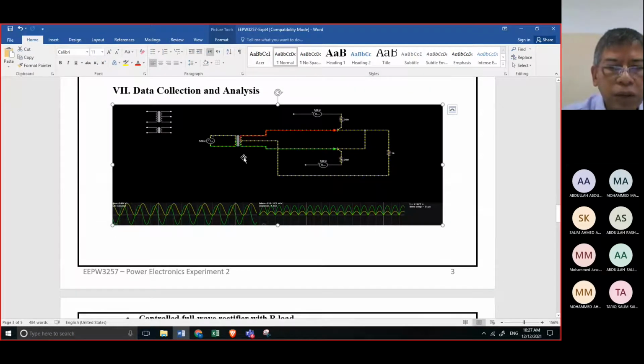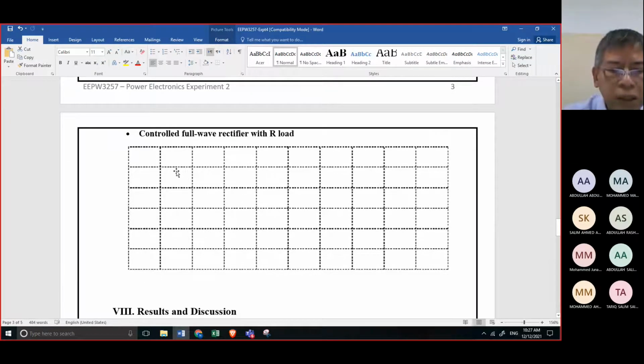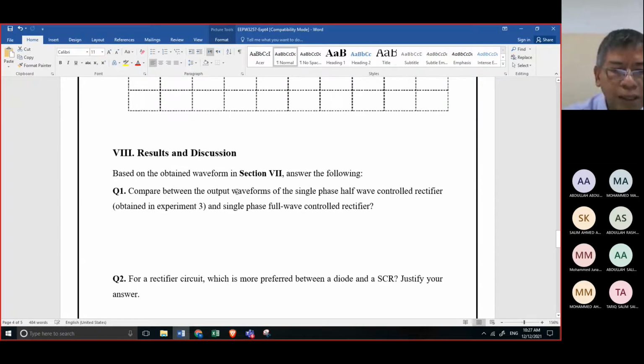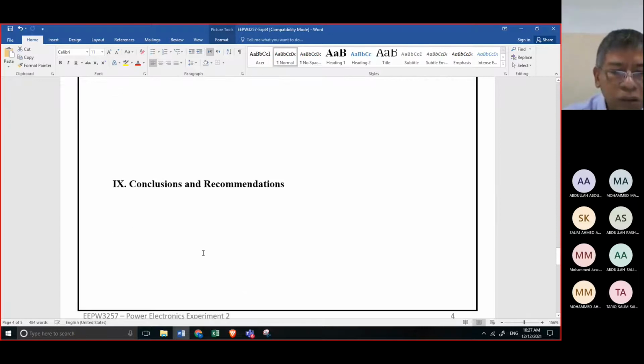So what you're going to do in this experiment number 4, copy and paste here so that it is evidence as I told you. Then the input waveform and then the output waveform of the controlled full wave, and then of course answer this as your results and discussion. Then conclusion,